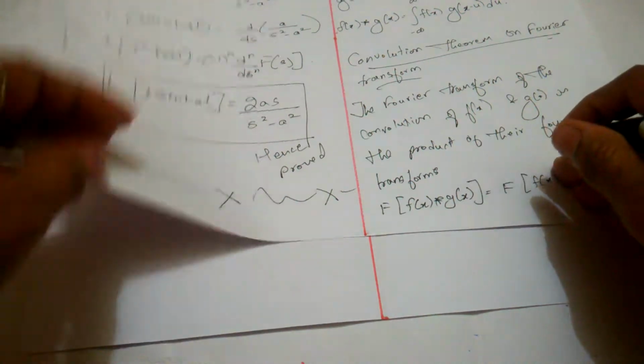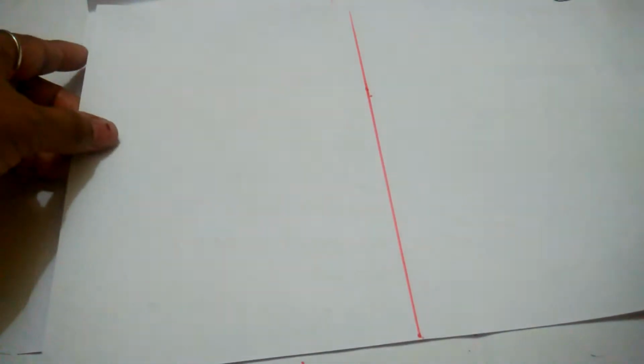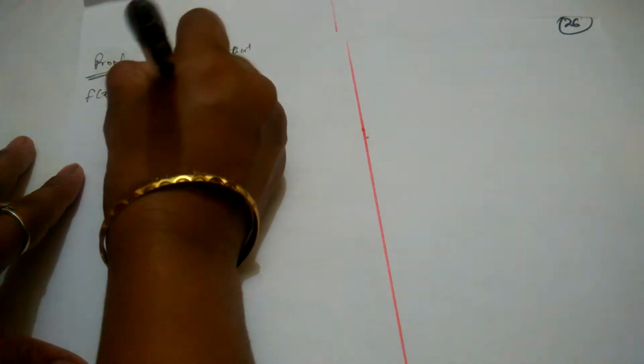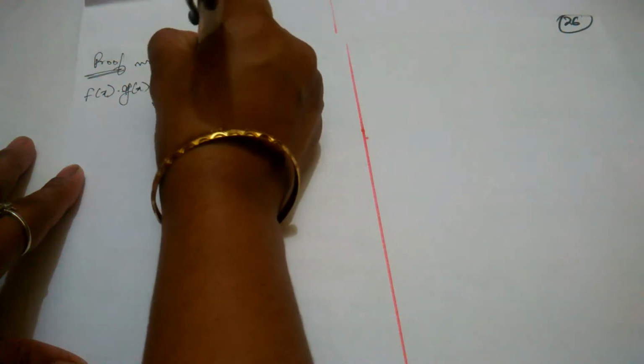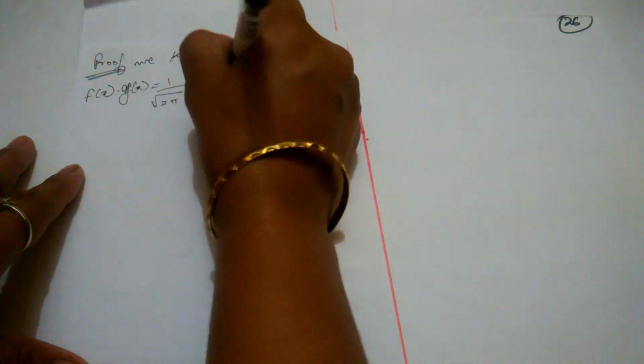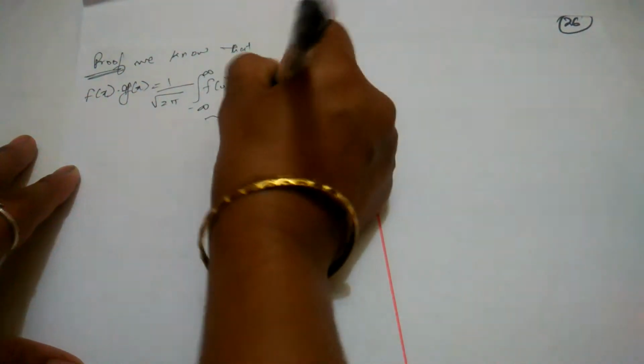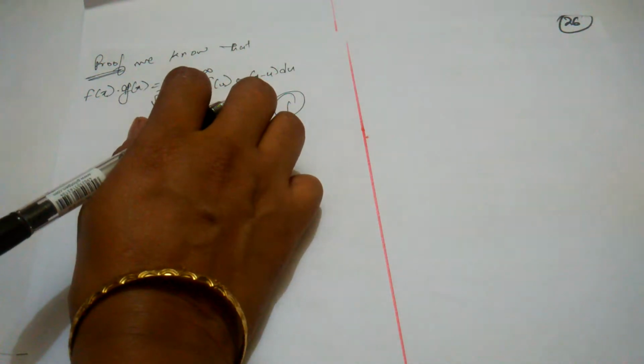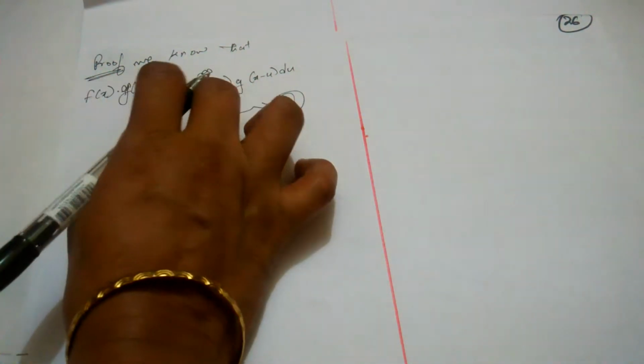Okay, so let's start the proof. We know that f of x convolved with g of x is equal to 1 upon square root of 2 pi integral minus infinity to infinity f of u g of x minus u du. Let me mark this as equation number 1. Okay, so my next step will be